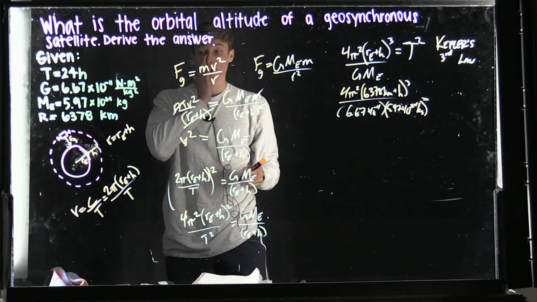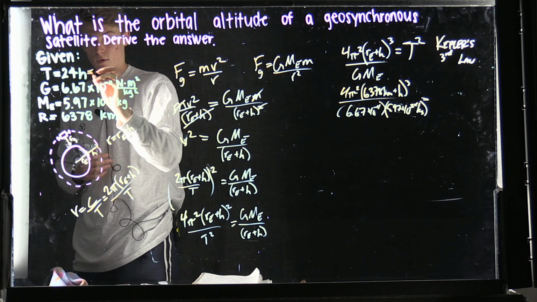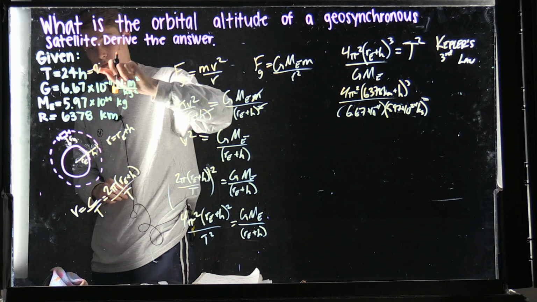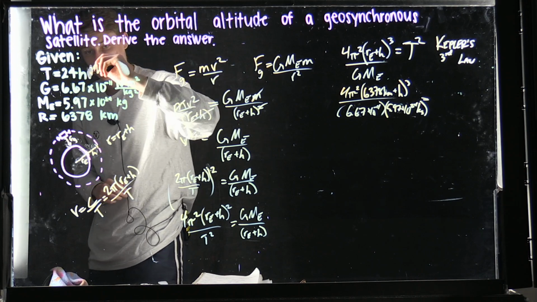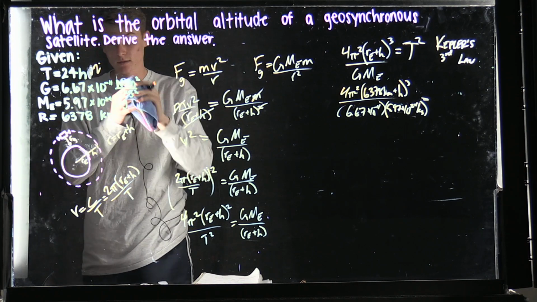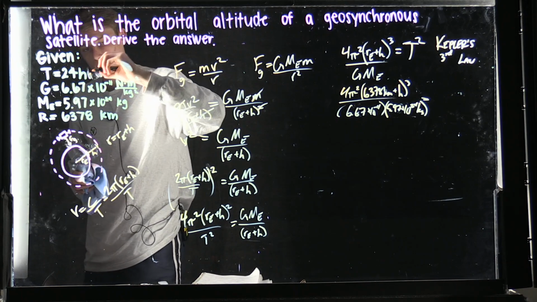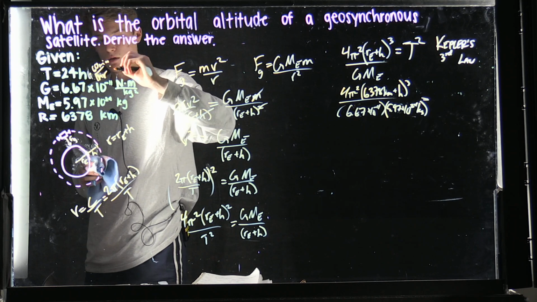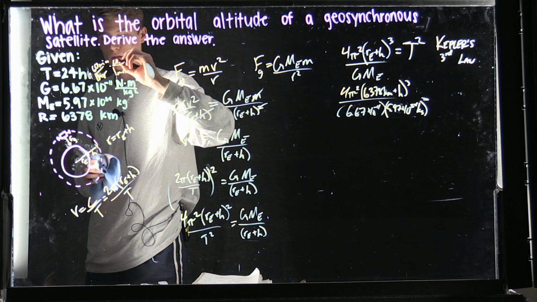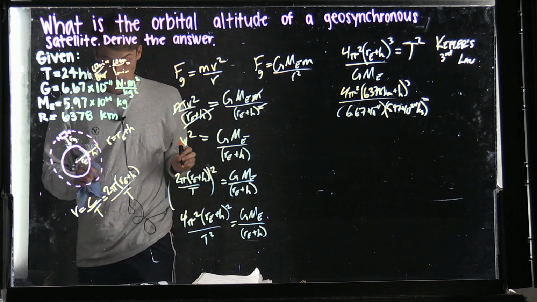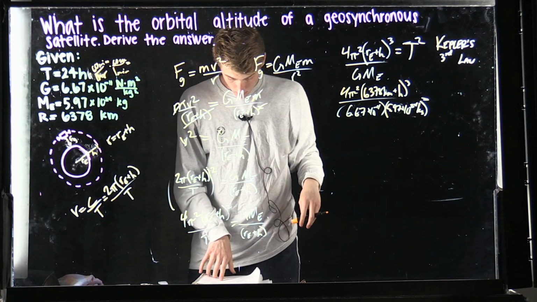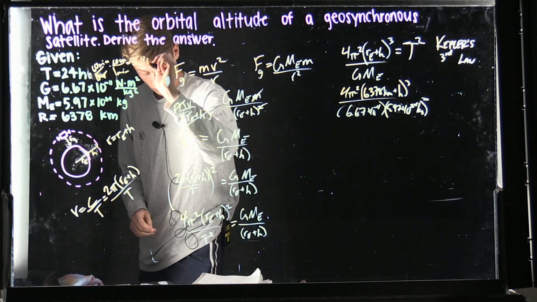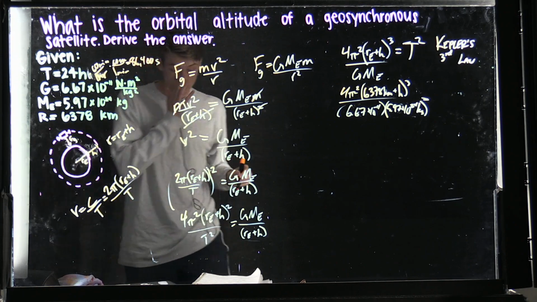And T is 24 hours, but before we put that in, we're going to want to convert it to seconds because the gravitational constant uses seconds. So 24, we're going to multiply by 1 hour equals 60 minutes. 1 minute equals 60 seconds. And with that, we get a time of 86,400 seconds. Okay, so we can plug that in